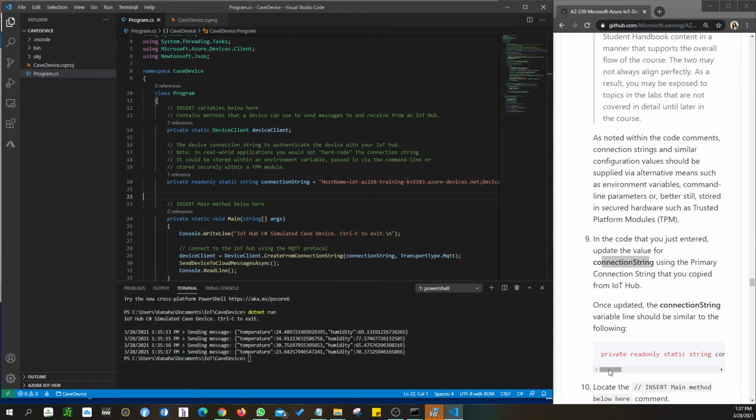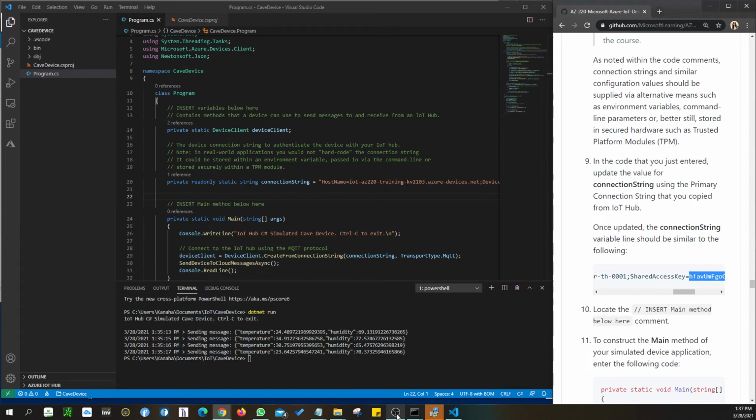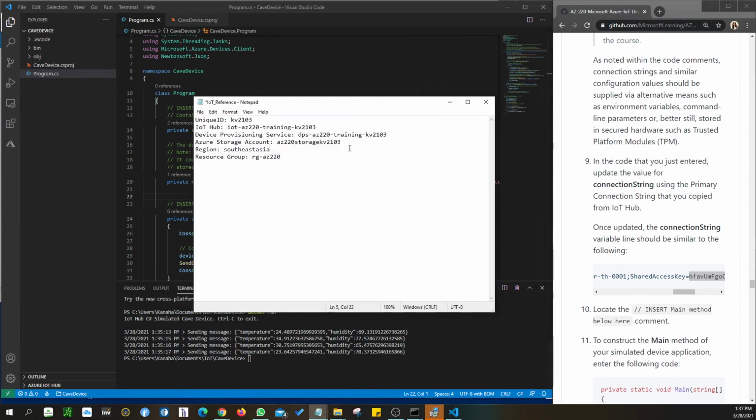So you copy this whole thing, replace it, and then your shared key, remember? This whole line item up to here, paste with the key you copied. For example, the primary key that I copied from the system is